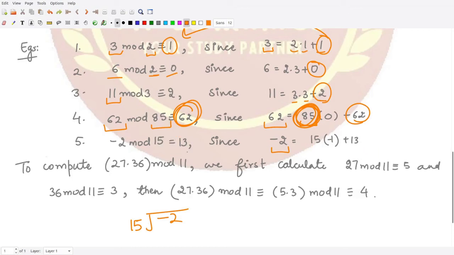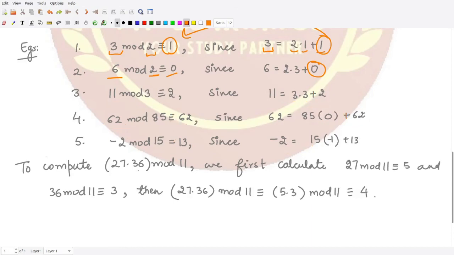So this is one thing. Another thing, if you wanted to calculate this mod term for very large terms, for example, you wanted to calculate it for 27 multiplied by 36, which is quite a large number, right? And you wanted to calculate its mod 11. So how will you perform? Will you first multiply the two numbers and then divide it by 11 so that you see what is the remainder that is left behind? No. What we do in fact is we do it quite easily. We first of all calculate 27 mod 11. So we calculate it individually.